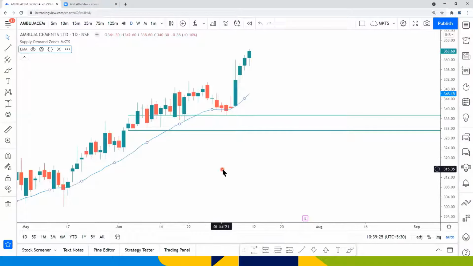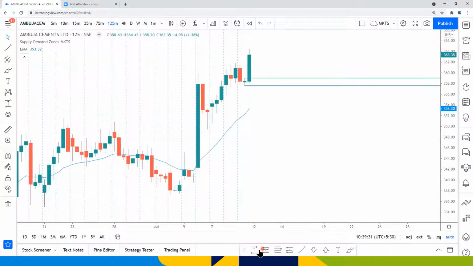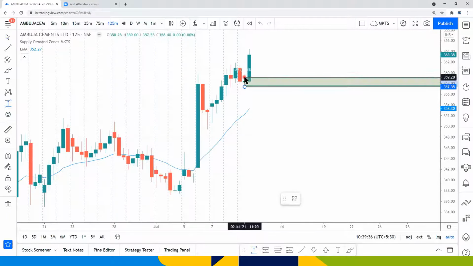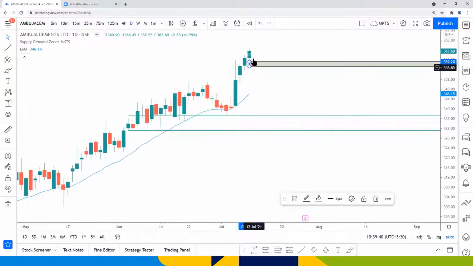If the zone is far away from the EMA, this zone, let me mark it. So currently, is it a very extended zone? Can you see? This is the demand zone, too far away from the EMA. So I may not trade this zone. This is not what I'm looking at. So better to avoid, or if at all you are trading this zone, it has to be on a confirmation basis. So better to avoid this opportunity.